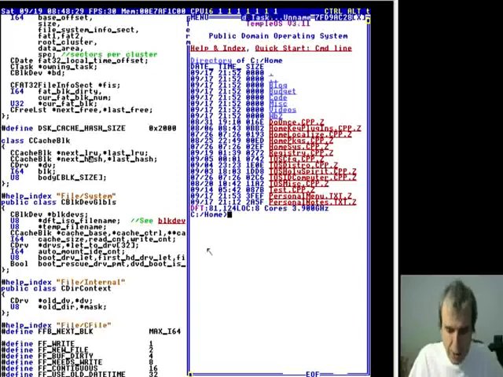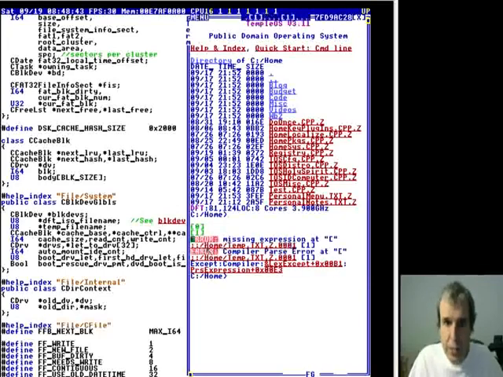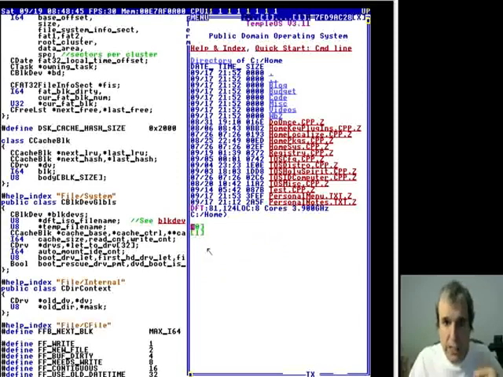So how could I draw this data structure? There's an array of cache blocks. It keeps a list of least recently used, and when a block gets used, it gets bumped to the head of the queue. So the least recently used is the one that gets overwritten,